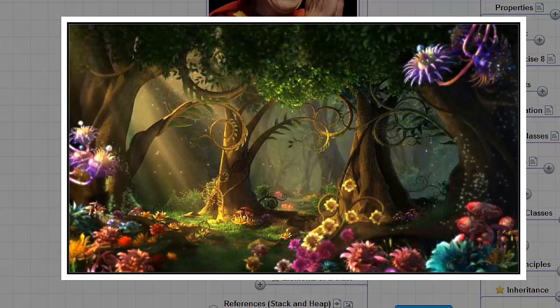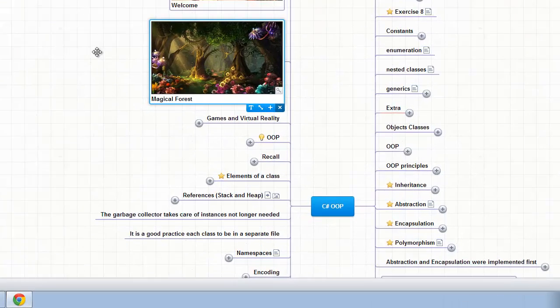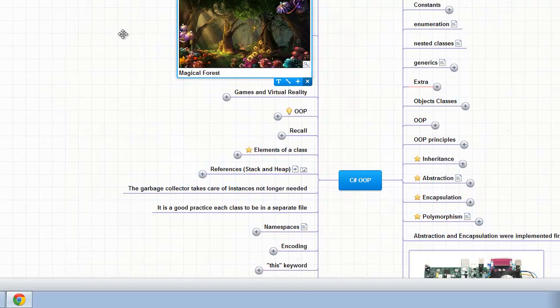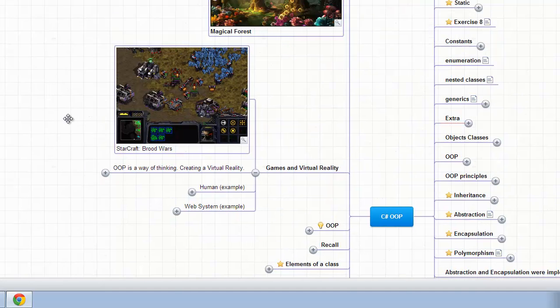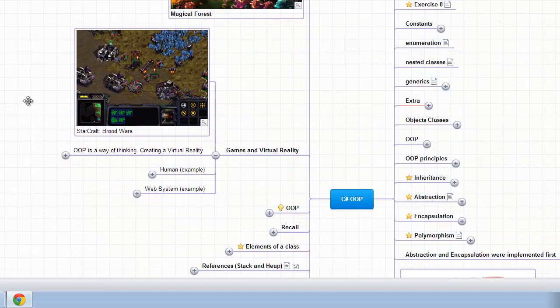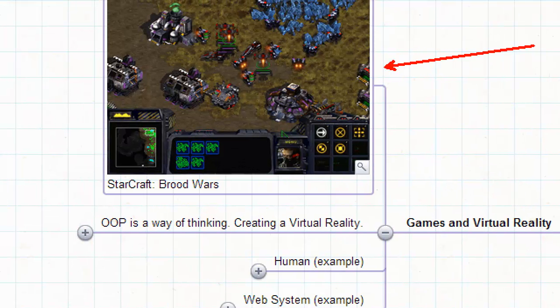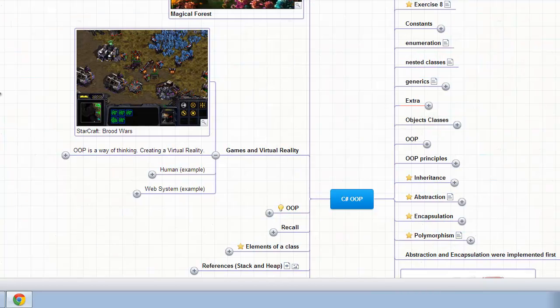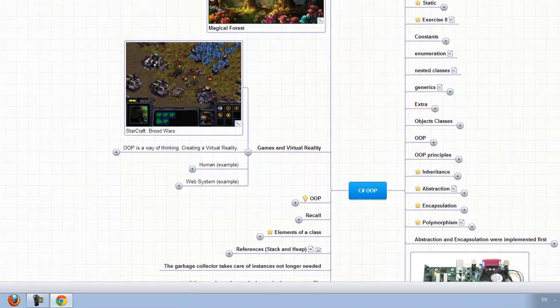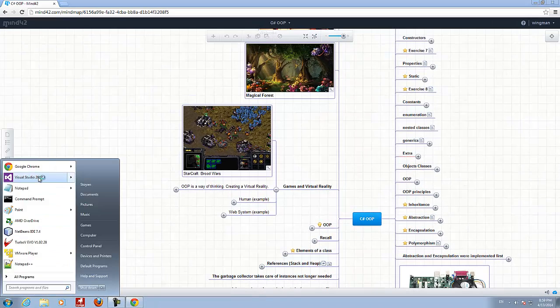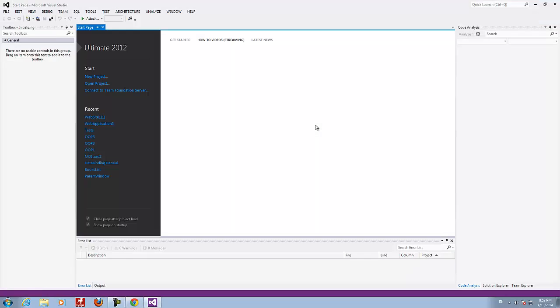Okay, so let's see how with C# we can create objects. Is there a way to create objects and forget about the code and actually think about the objects? What I'm going to do right now is show you how to create objects in C#. Before we even start, I just want to attract your attention to computer games, 3D software, and even the graphical user interface. Everything in this world is objects. Okay, so without any further ado, as I said, let's start Visual Studio 2012.